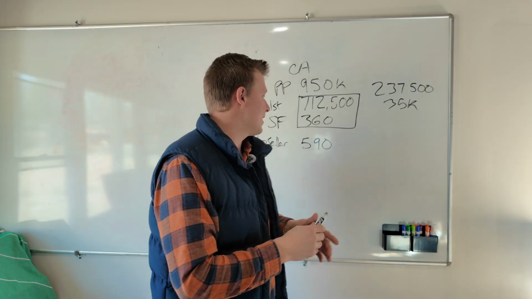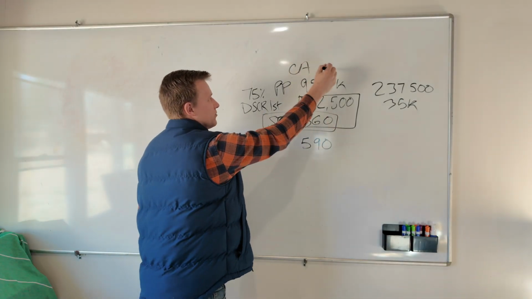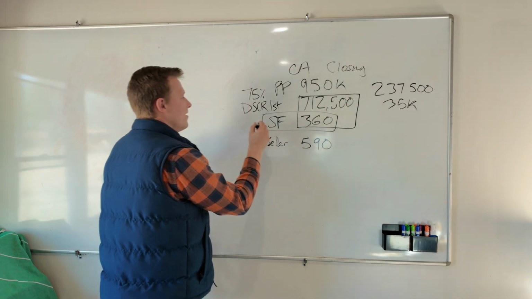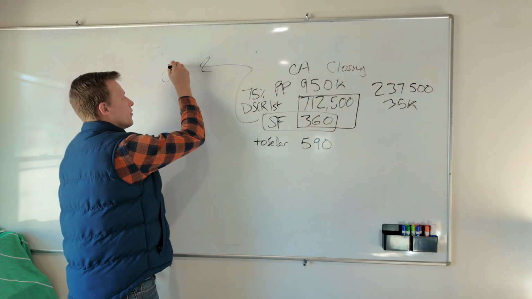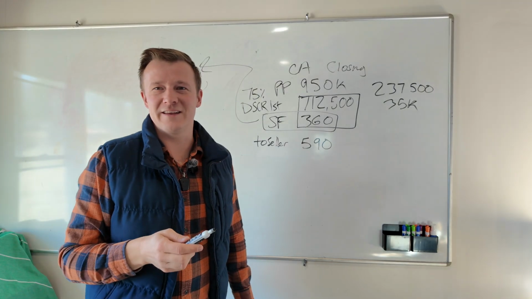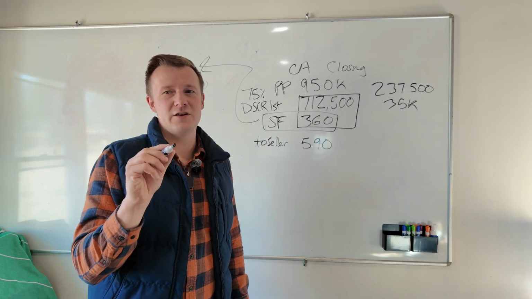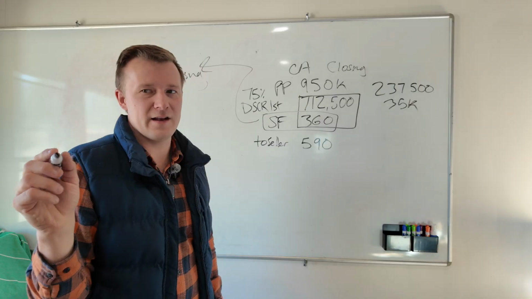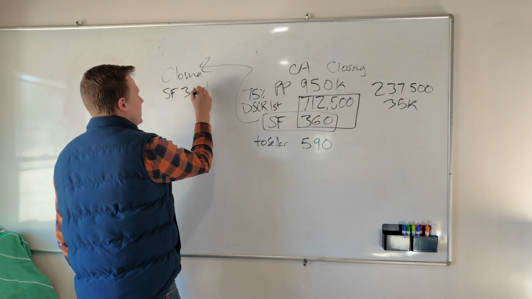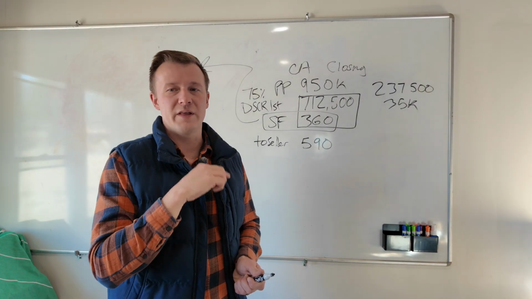So we're gonna take $360,000. This is closing one, and I apologize that I'm all over the whiteboard today. Closing two. So we're going backwards right now, just to show how backwards some people are in their understanding of this. At closing number two, the seller signs a second position note for $360,000. So seller financing, 360,